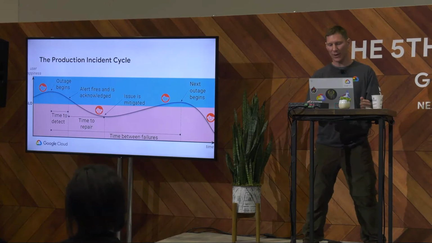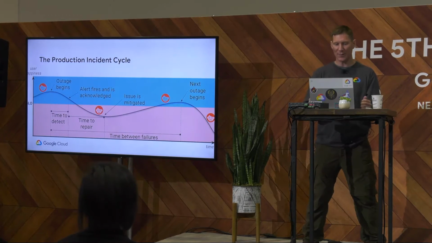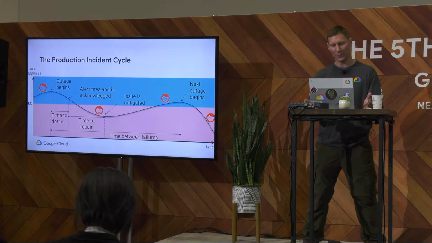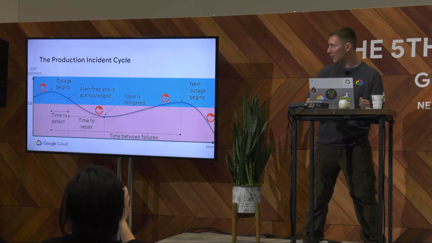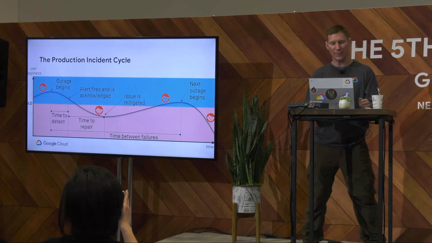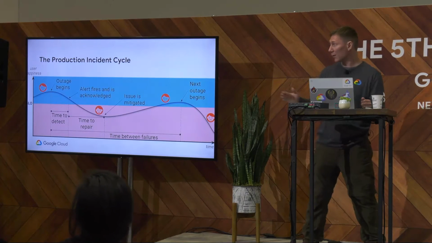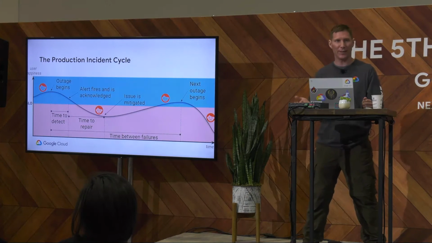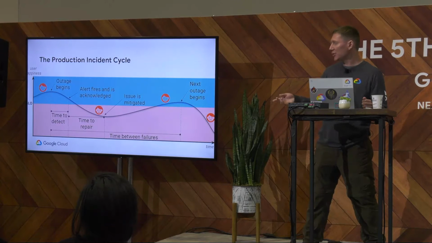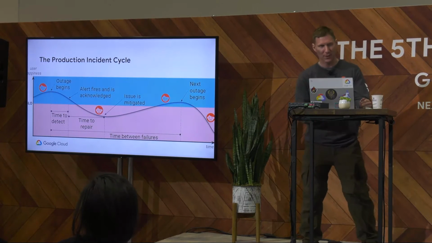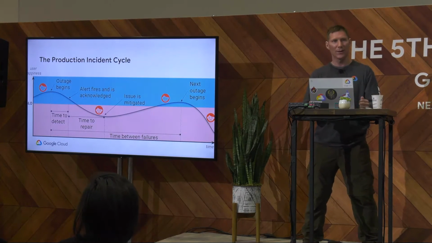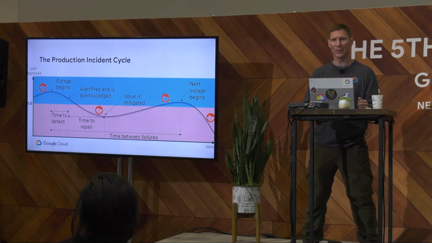But think about how this graph changes if the time to detect or the time to repair were shorter, or if the slope of the graph during the outage were less steep, or if you had longer to recover before the next outage began. You'd have much less danger of dipping back into the red. This is what I mean by shrinking here. If you reduce the duration, impact, and frequency of production incidents, it helps keep your users out of the unhappy red zone.